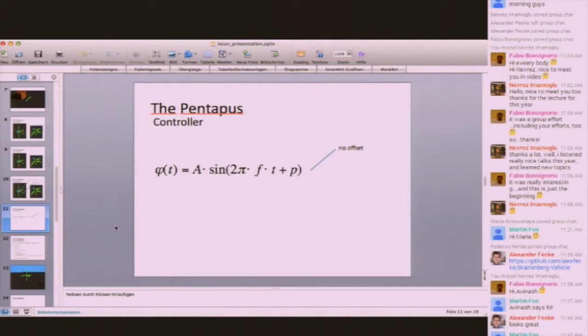You can't go above the range. If the offset is too high, you just get to the border of the joint range. So I didn't use it anymore, and have these parameters: frequency, amplitude, and phase,